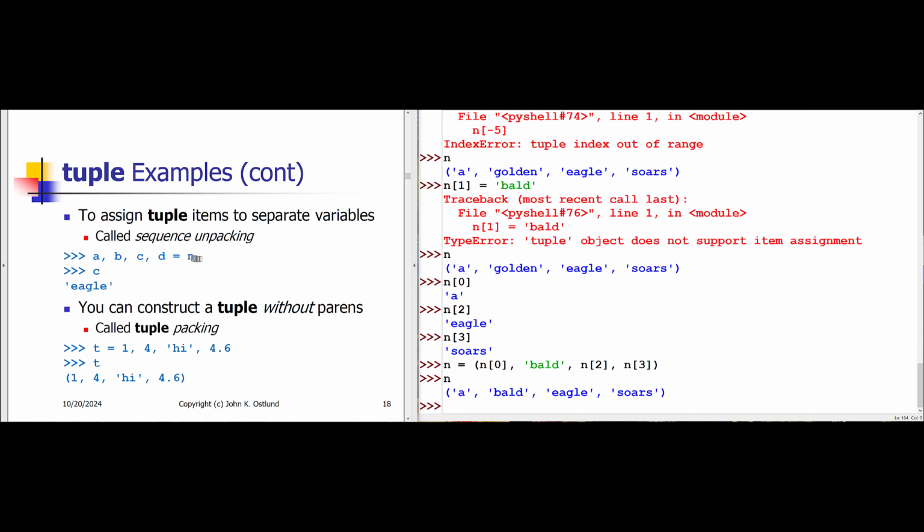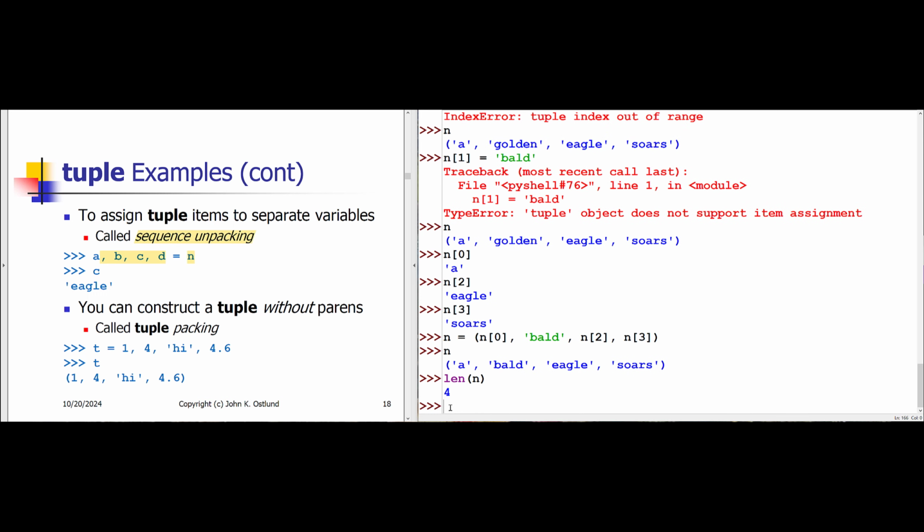Now, if you have a tuple, you can use a feature called sequence unpacking to take all of the values in the tuple and assign each of those values to different variables if you have the same number of variables as there are values in the tuple. Let me point out that len of n is the number of items in the tuple, which is 4. Therefore, if I type 4 variables on the left side of the assignment, a, b, c, d, separated with commas, and I say gets n,